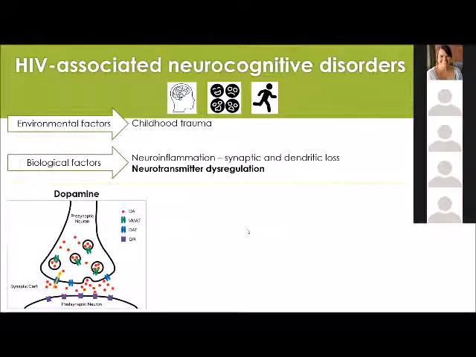Dopamine is a neurotransmitter that is strongly associated with the reward systems of the brain and plays a role in modulating learning and motivation. Cognitive functioning depends on this dopaminergic signaling within the prefrontal cortex and striatum of the brain. An intermediate level of dopamine is optimal, with altered levels resulting in a decrease in cognitive functioning, as seen in HIV-associated dementia. HIV infection has also been shown to result in an increase in extracellular dopamine, as well as accelerated neuropathology.